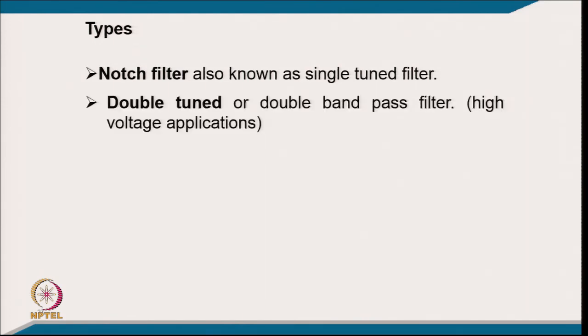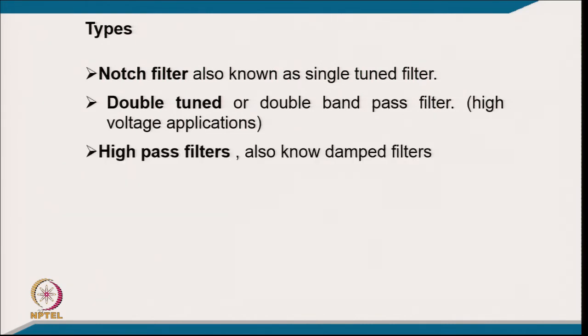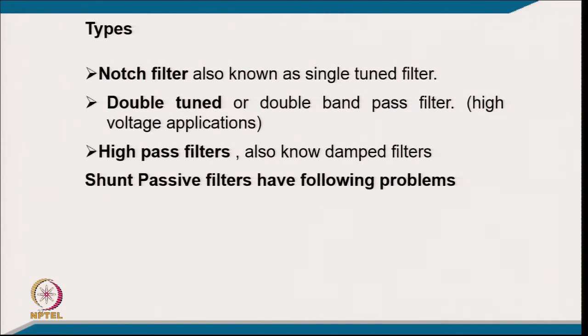As for types, you can also say a notch filter, also called a single tuned filter, or a double tuned filter, a double band pass filter for high voltage application, and the high pass filter, also known as a damped filter. The shunt passive filter also has problems. What is the problem of the shunt passive filter? You have to take care in the design of resonance with the supply impedance, because you don't know the supply impedance. There is a lot of literature on the range your supply impedance can take,